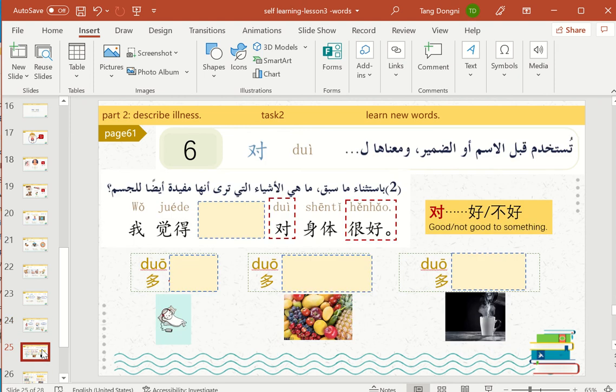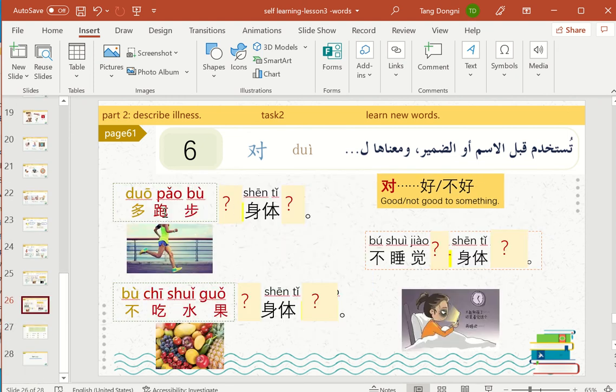And also 对 something 好不好, good or not good to something. 我觉得 do something 对身体很好。我觉得 do something 对身体不好。So something is good or not good to the body. For example, 多休息对身体很好。多吃水果对身体很好。多喝热水对身体很好。多跑步对身体好。不吃水果对身体不好。